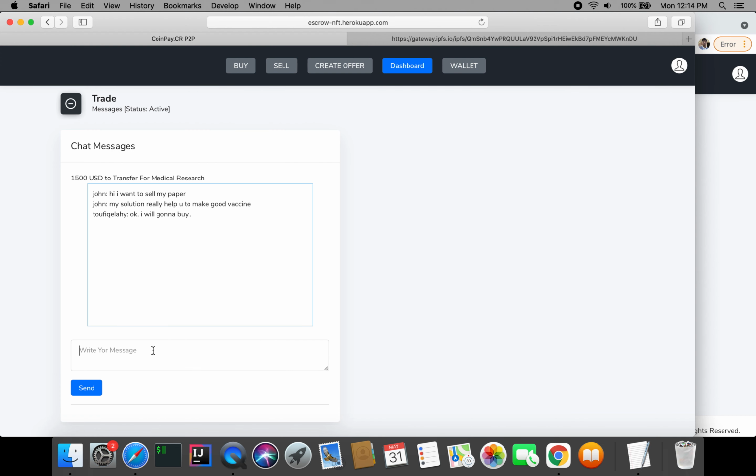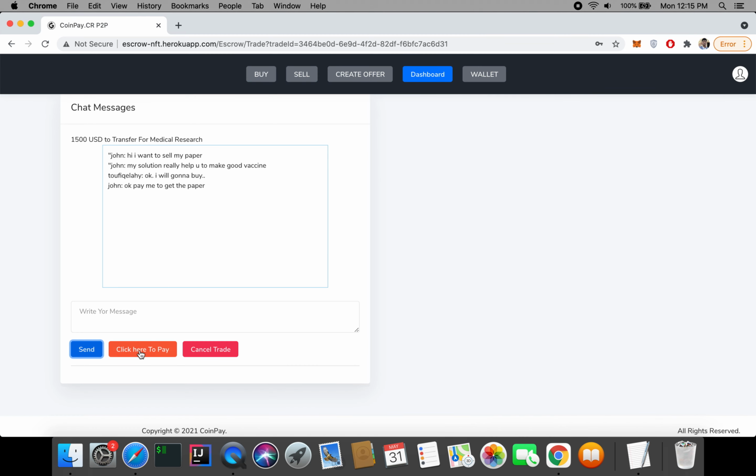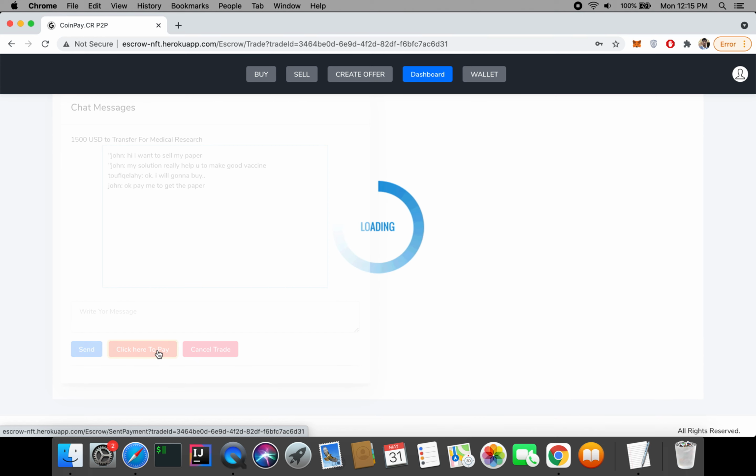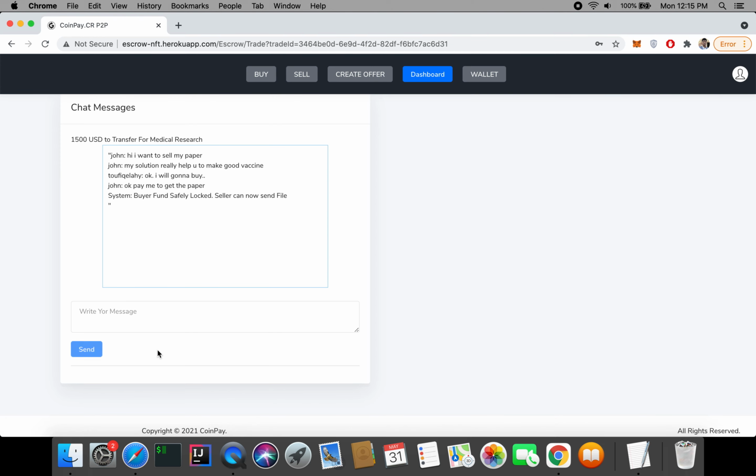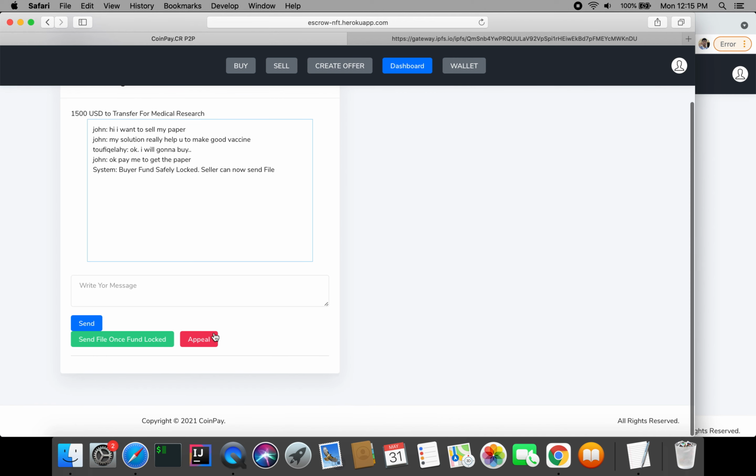Okay, pay me to get the paper. And the buyer is going to click here to pay with this button. So the fund is locked in the smart contract of the escrow based system, and this seller now can send